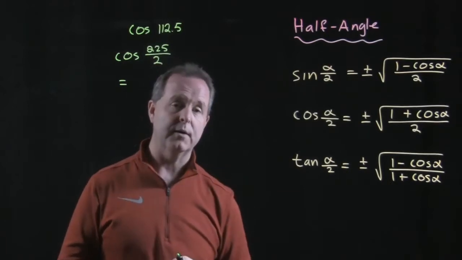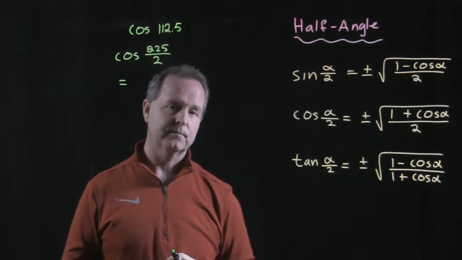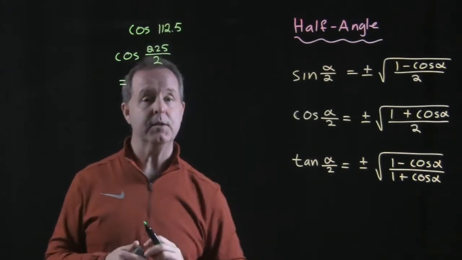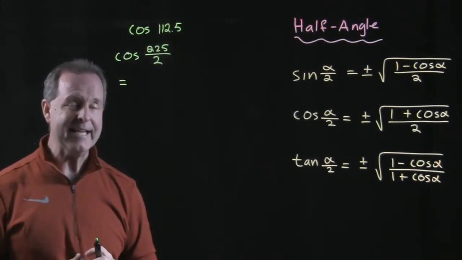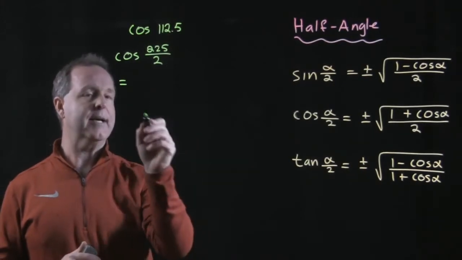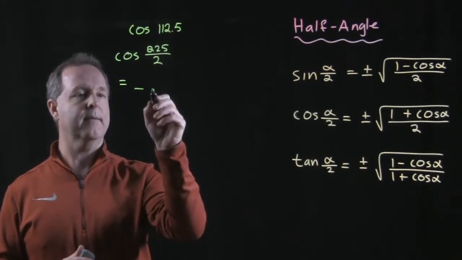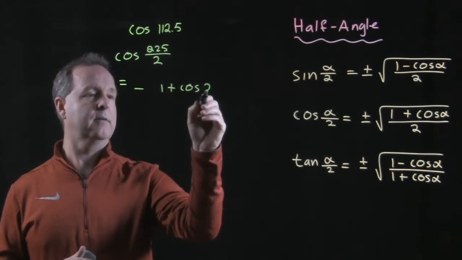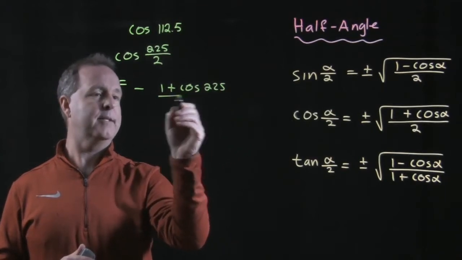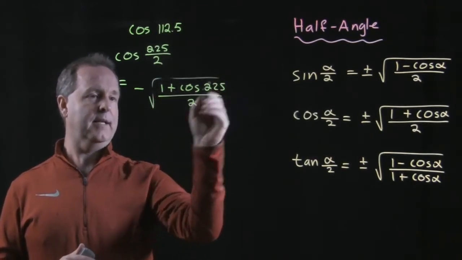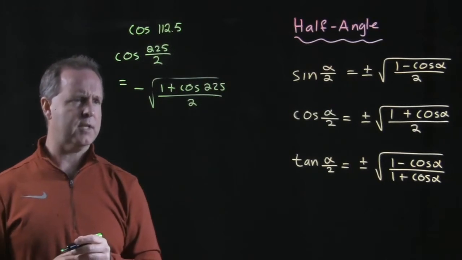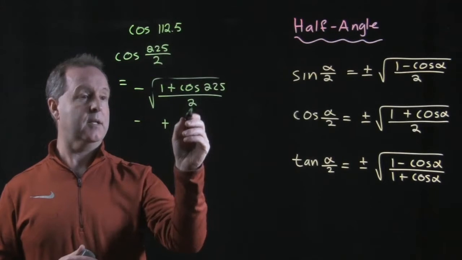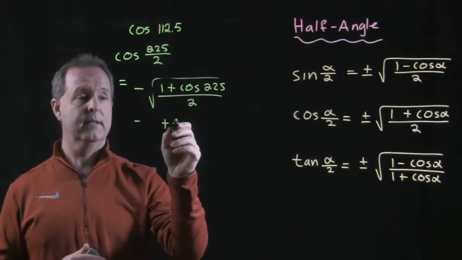So the cosine of 112.5, is that positive or negative? Well, it depends on the quadrant. It's in quadrant 2, and we know cosines are negative in quadrant 2. So I will pull the negative along with me, and I'll have the square root of 1 plus the cosine of alpha, which is my top number, divided by 2. Now we're just going to work our way along. That's minus the square root of 1 plus the cosine of 225 degrees,